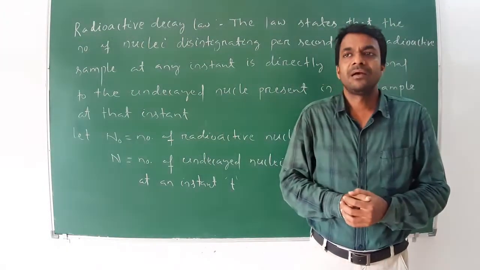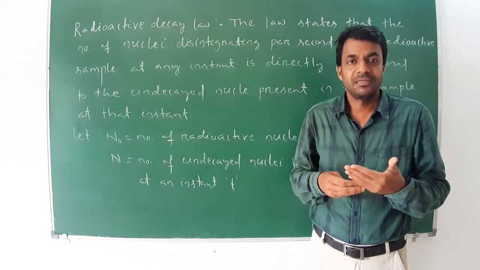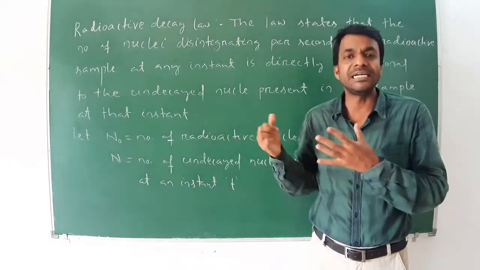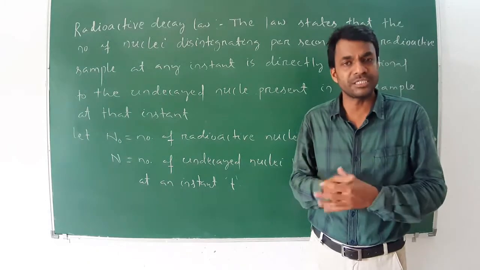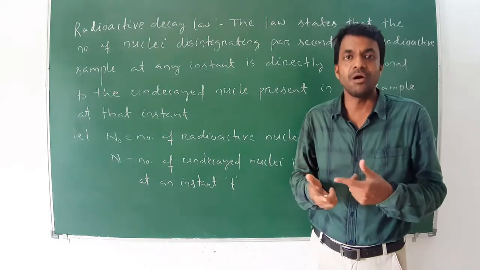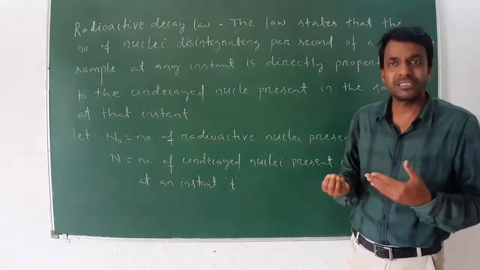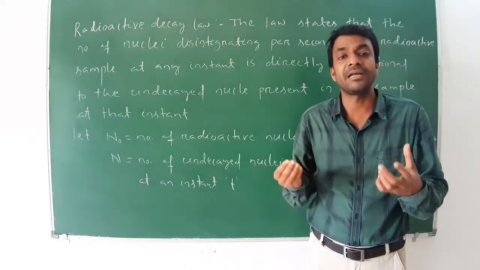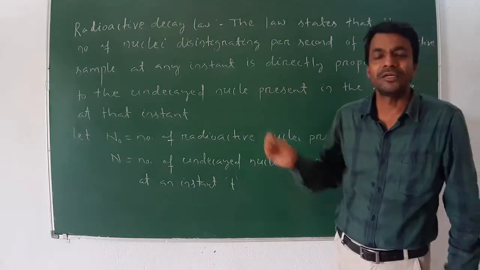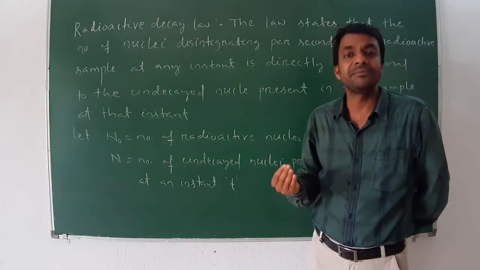Another important thing is that when time increases, the number of undecayed nuclei decreases, because as it is a radioactive substance, the nuclei are very unstable and automatically disintegrate or decay. The number reduces because it radiates alpha rays, beta rays and gamma rays. Now we will derive the radioactive decay law and formulate the radioactive decay equation.